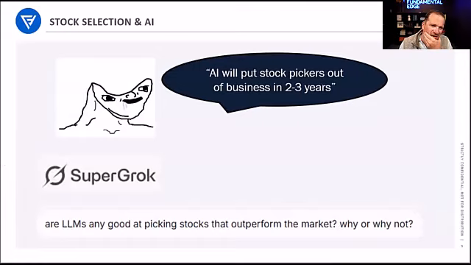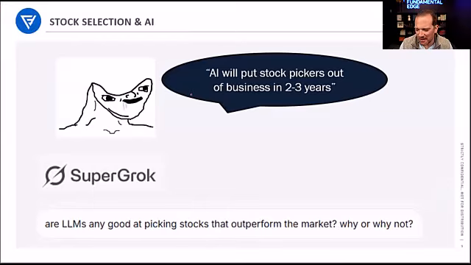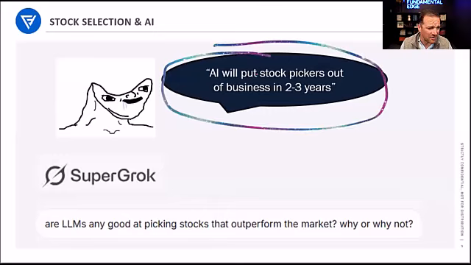Kind of just starting a little bit of framing. I kind of chuckle when I observe and pay attention to the AI narrative. Now, I heard one argument that LLMs today can do everything a fundamental equity research analyst does, and I'm kind of like, no, not even close. The view that AI will put stock pickers out of business in 2 or 3 years, that is part of the narrative now, to me indicates a lack of understanding of the nuance of the process.